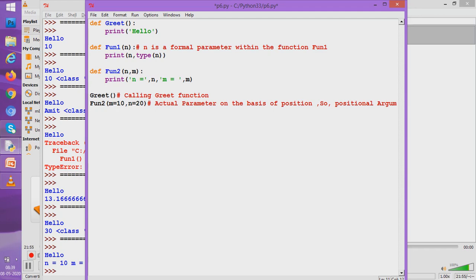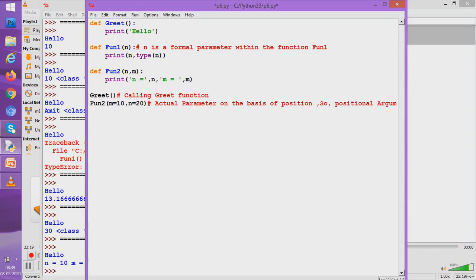What happened? Even if you wrote 10 before 20, 10 was given to the second parameter m and 20 was given to the first parameter n, because you exclusively wrote that m should get 10 and n should get 20.